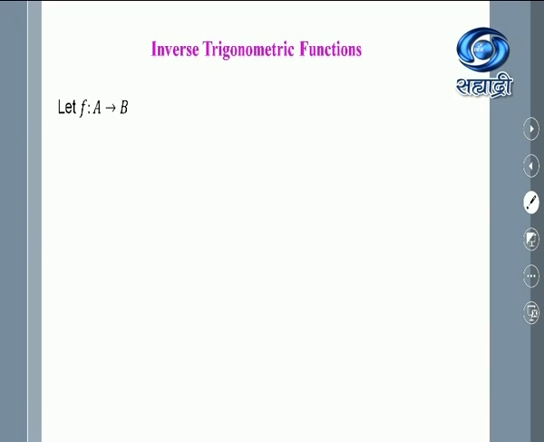Now the question is whether the inverse exists for all functions. Actually, the answer you already studied. Try to recall those. For all functions, its inverse is not possible. So what are the conditions for the function to have its inverse? We must have two conditions. What are those? If the function is 1-1 and onto, then only its inverse exists, right?